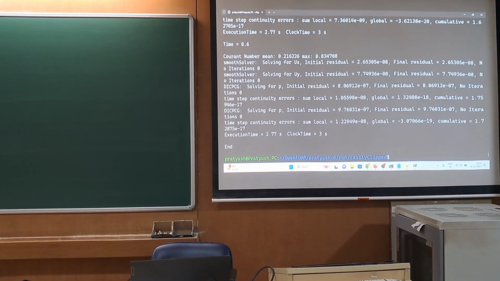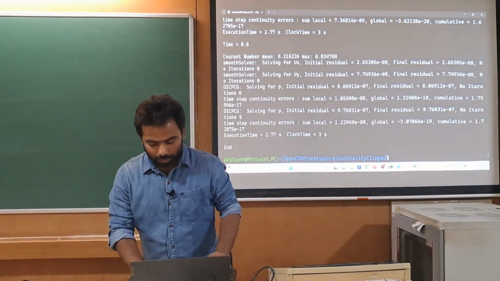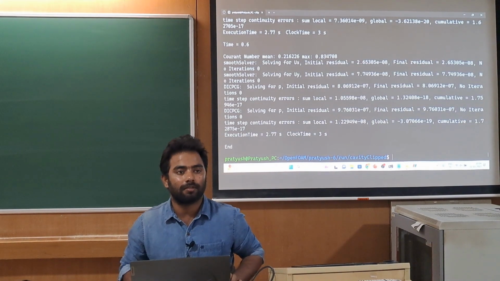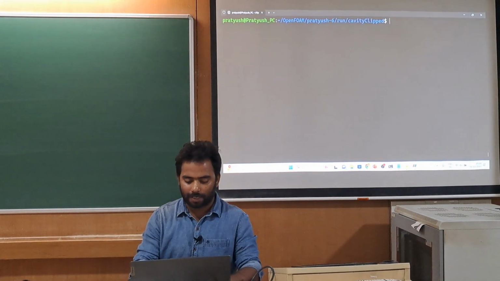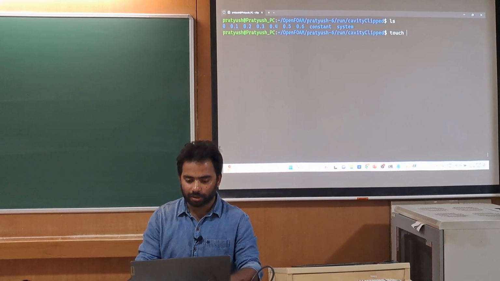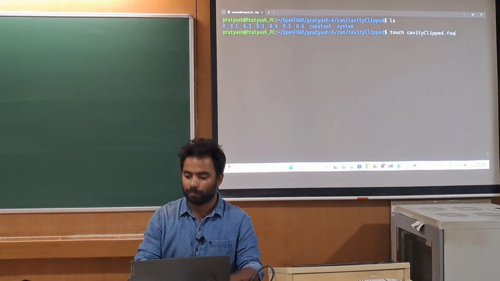So I think the cavity clip that everyone has, done the simulation. We can also do the visualization. So we can do touch cavity clip dot foam.